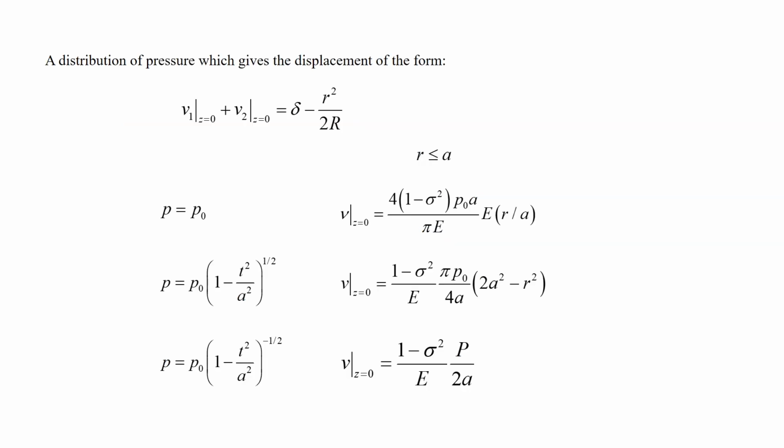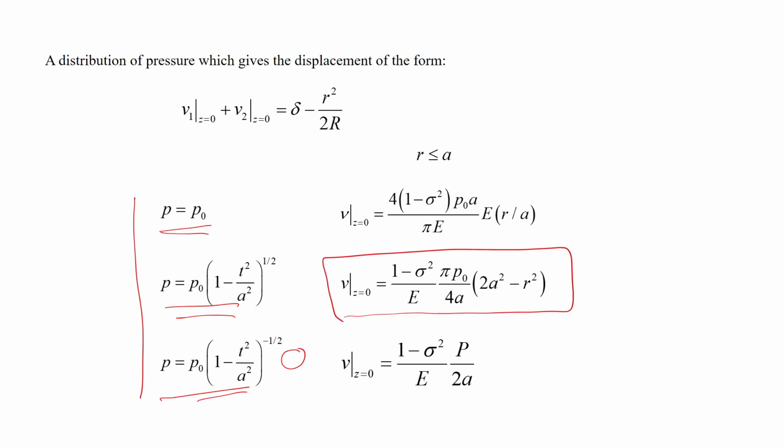Remember that we discussed three different pressure distributions at the contact area, a circular contact area. In one case we had the uniform pressure P equal to P0. In the second case we had the pressure distribution P0 into the square root of 1 minus r squared by a squared, and to the power minus half, where I had a stress singularity at the edge. If you remember, these were for a flat plate punch, and for this other case we had a parabolic indenter, and the vertical deformation within the loaded contact area came out to be